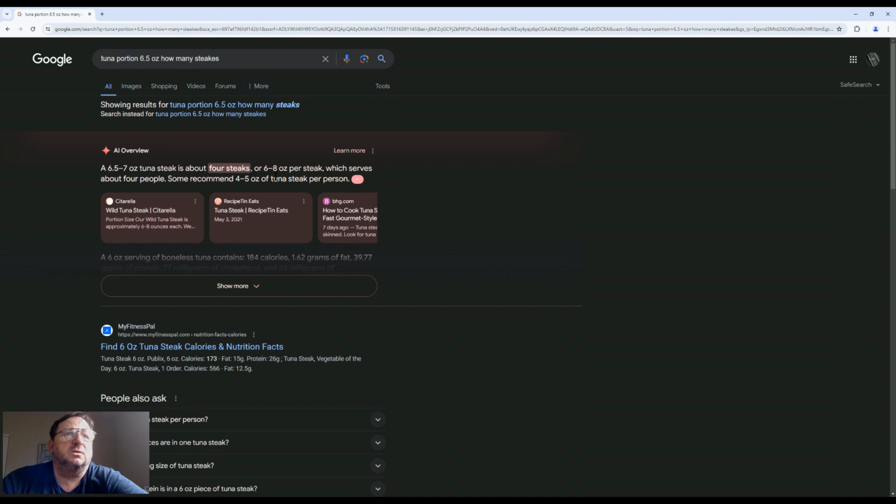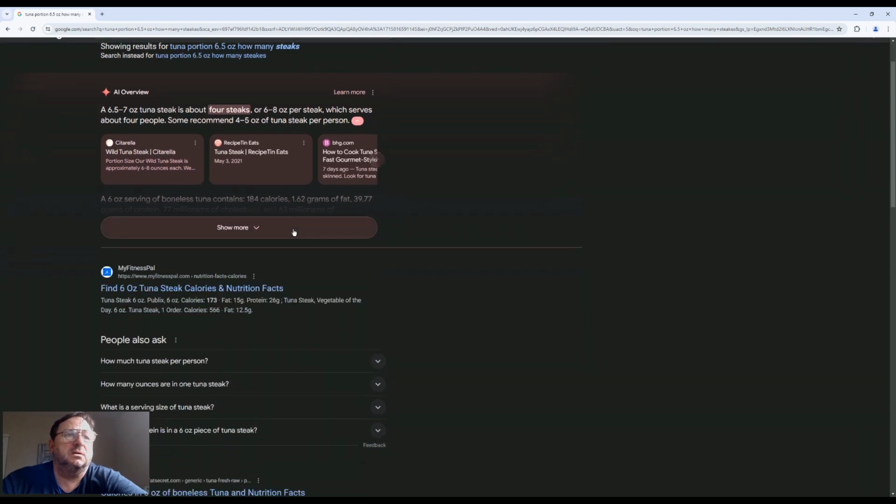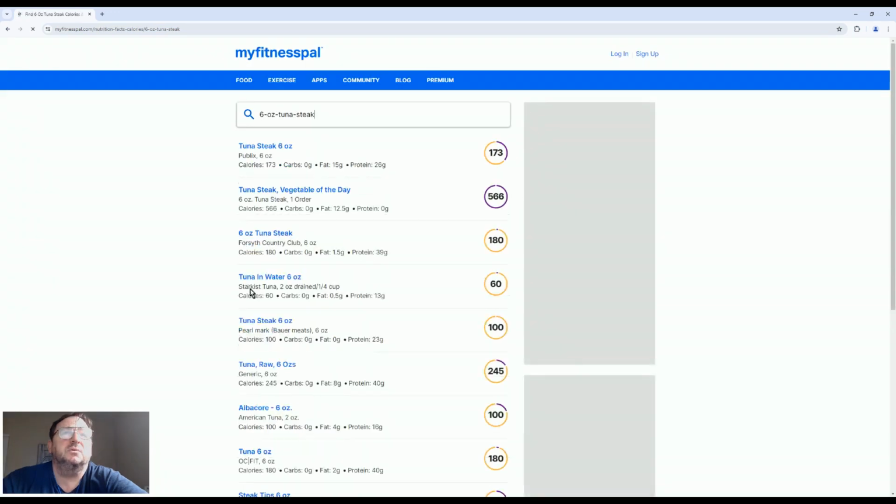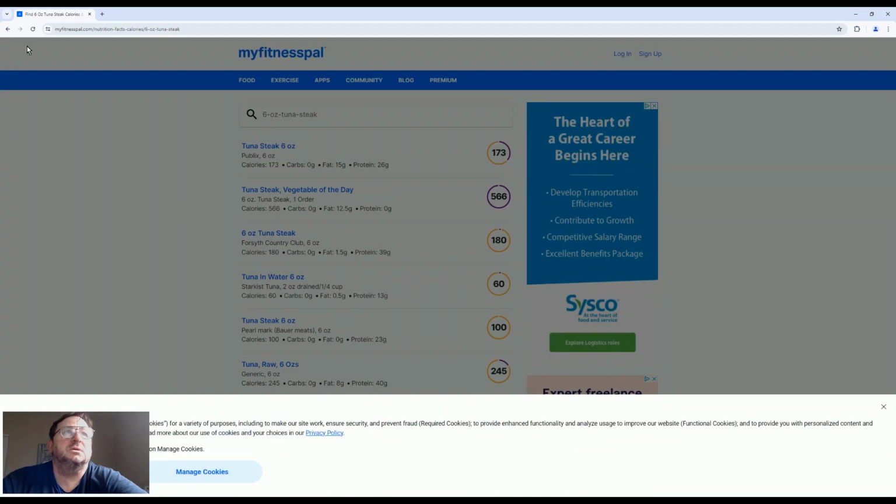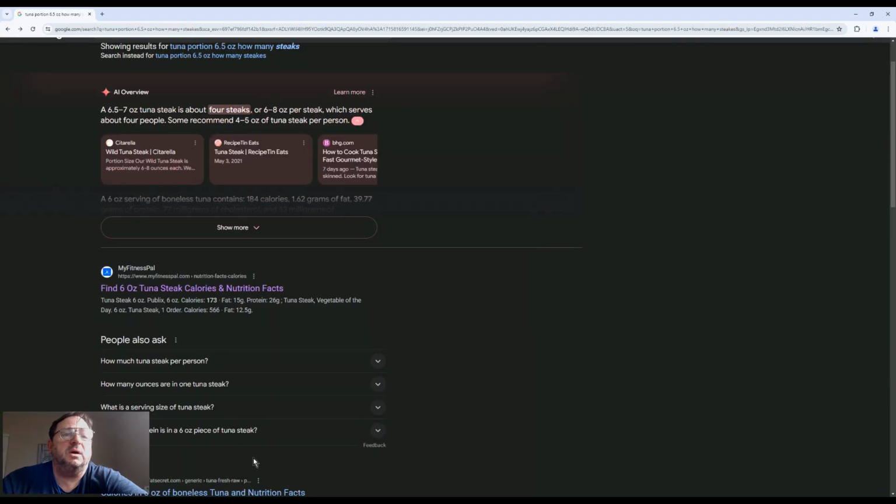Six to 8 ounces per steak. So basically, you need to find for yourself how big it is. So when you buy, what you do is you need to know how much to buy. So suppose here